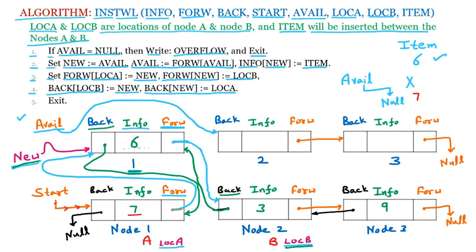Afterward it is going forward, and this forward part is going to the new node which we have captured here, and the info is 6. So 6 is displayed. Afterward it is going further, and this further we have the node 3. Then afterward we are going further, then we have the 9. Then afterward it is going to the null. So this is the forward direction we have traversed. Similarly we can also go to the backward direction. The backward arrows are already working. So this is the way we can insert a node into the two-way linked list.